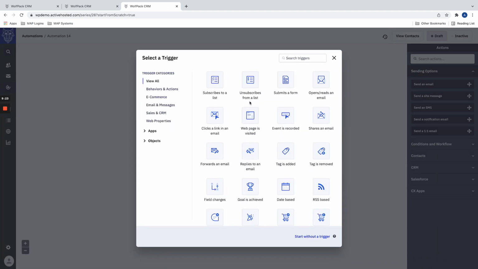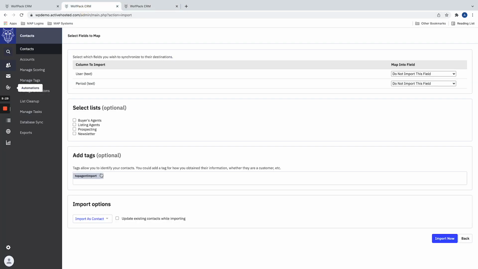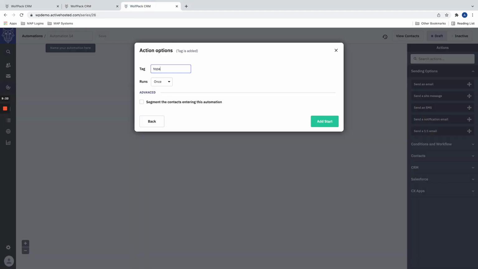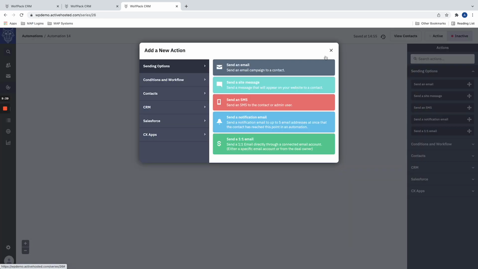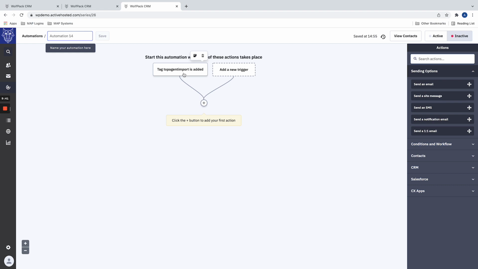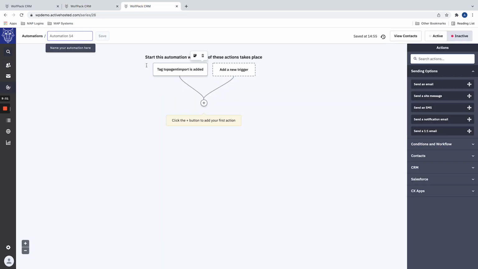So the start trigger for this automation is going to be that the tag is added for whatever we're choosing when we import this list of contacts. So in this case, if it's top agent import, I'm going to add that and click on add start. So now, once we're done building this automation and we make it active, the next time we import a list of agents and add this tag top agent import and then click on import now, it's going to automatically start